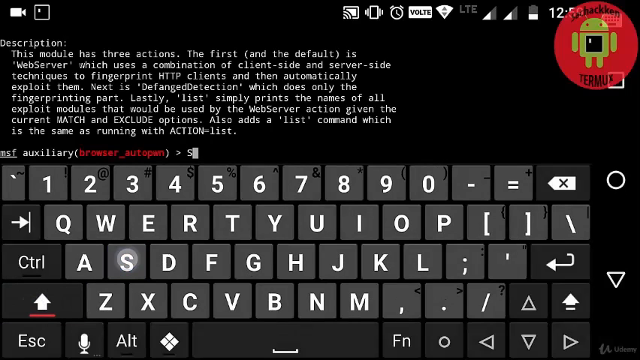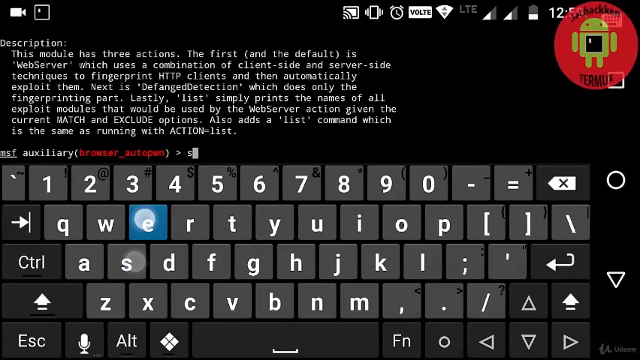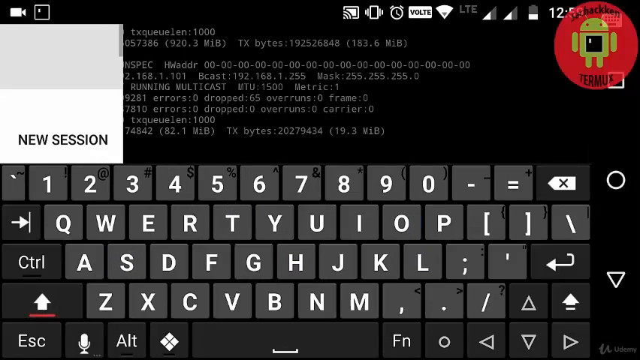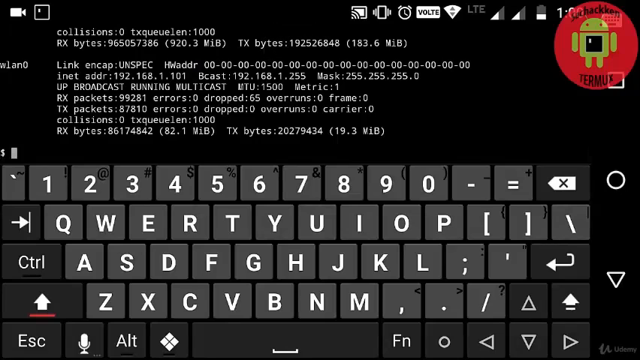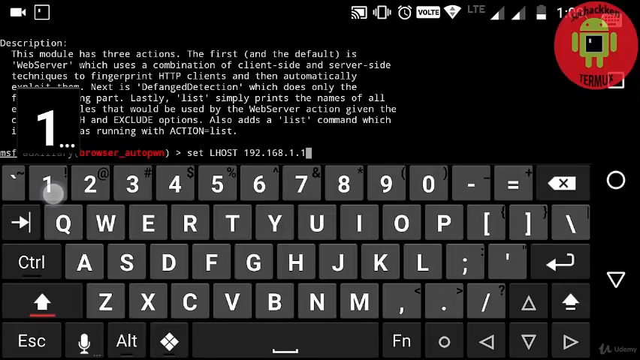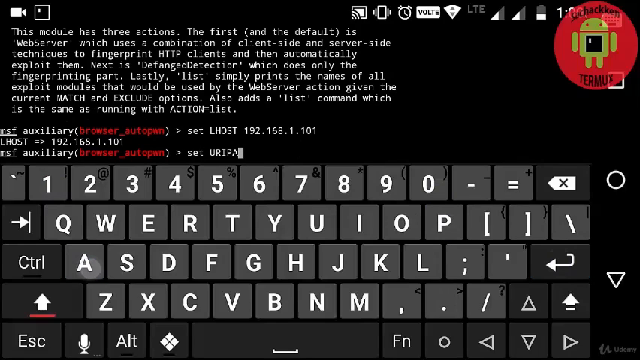So next I am going to set the LHOST and URI path. Now setting up the LHOST. So before that I am going to open another session. Here I am going to type ifconfig, checking my IP address, then coming back to my session. Here I am going to set up the LHOST by typing set LHOST and my IP address. So next setting up the URI path, set URIPATH,